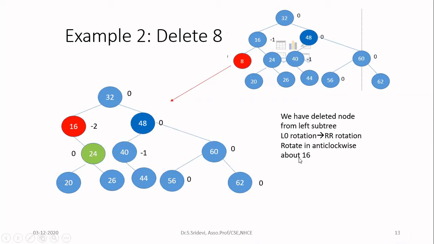One more important thing is about which node you are going to apply it on. If the letters are same, always we apply rotation with respect to the top node. The top node is nothing but the imbalance node. So which is the imbalance node here? 16. So with respect to 16, I need to apply rotation in the anti-clockwise direction. So what will I be doing? 16 is here. I am going to pull this 16 down in the anti-clockwise direction. Now let us see in the next diagram.